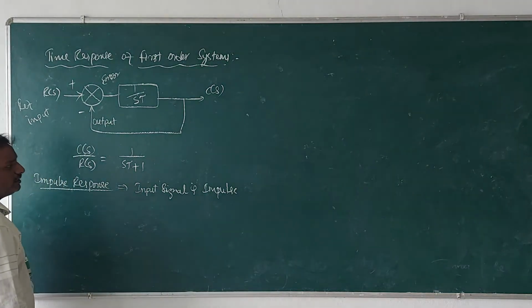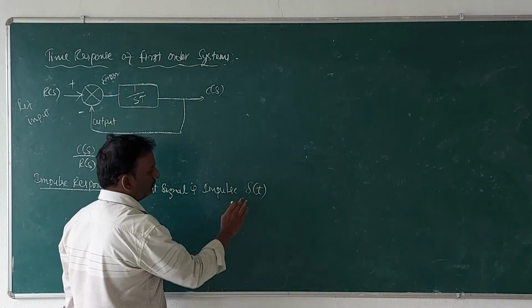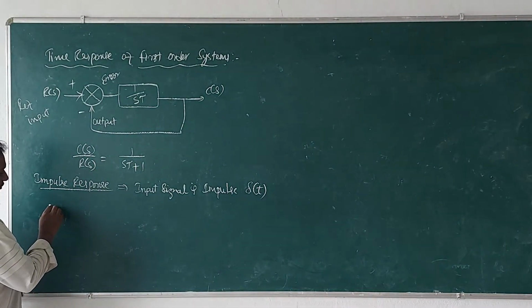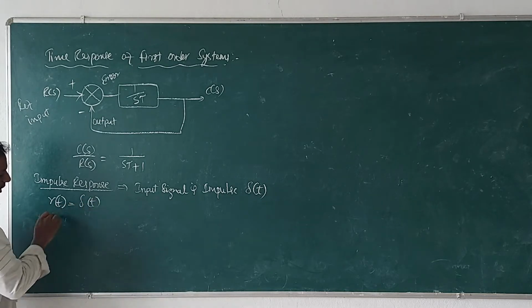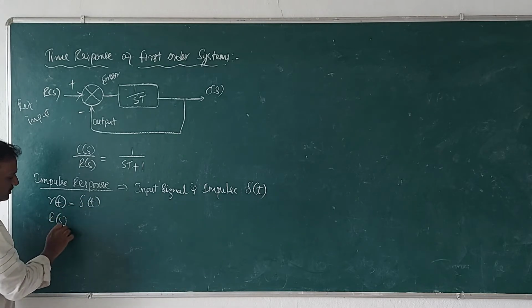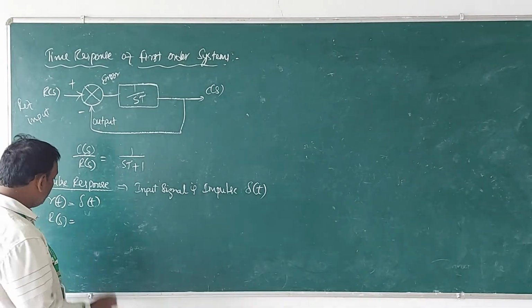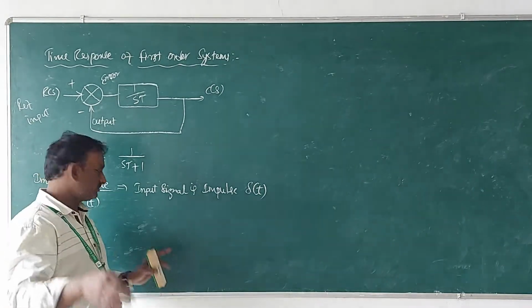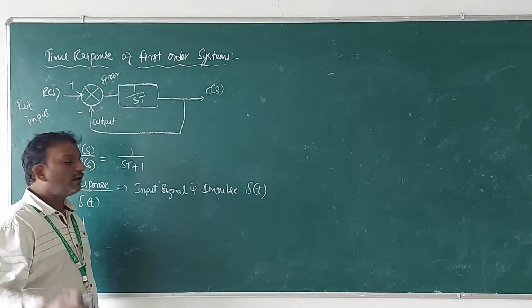So now what is the impulse signal? How to determine this one? It is denoted as delta of t. So what is the Laplace transform for r of t now? Delta of t. Applying the Laplace transform, R of s. So what is the Laplace transform of the impulse signal? 1. You can observe this value in the list of formula table already given in the offline class itself.